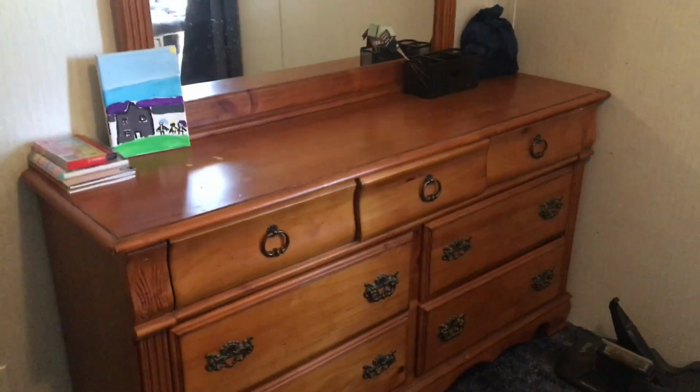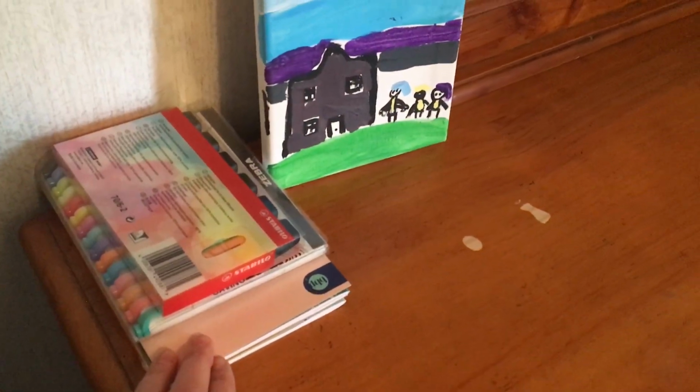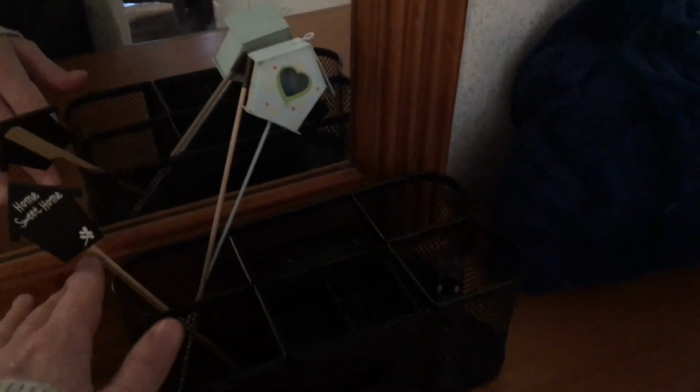Let's see, here is the dresser, which is the dresser that goes to my bedroom set. It has a really large mirror, tons of drawer space. Right now I just have my current budget books on it. Olivia, my best friend's daughter, she painted this for me. So that is, of course, in my office. And then I don't know what I'm going to do with this. My daughter gave it to me. It's like a pen holder, and then a few little goodies that came in flowers that my friend gave me. So that is my